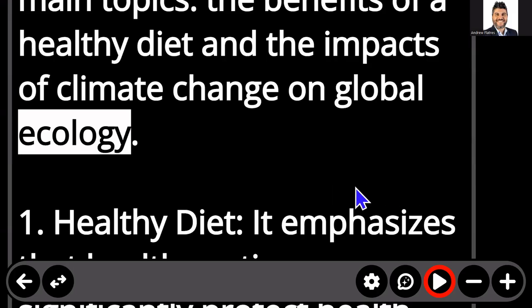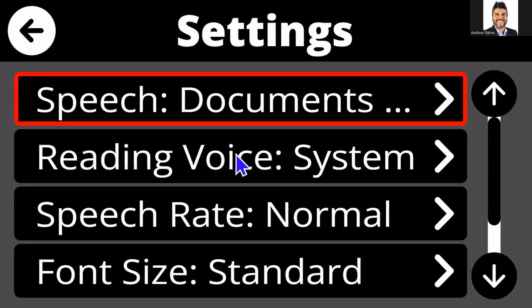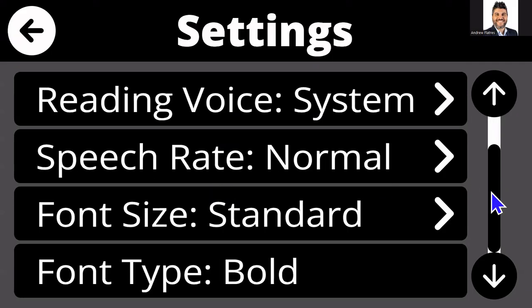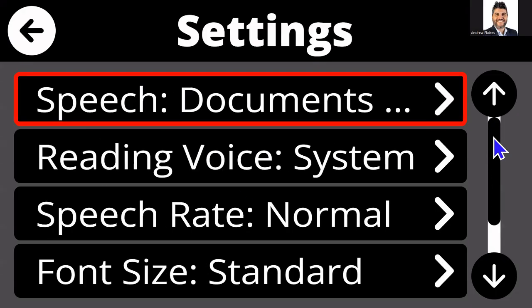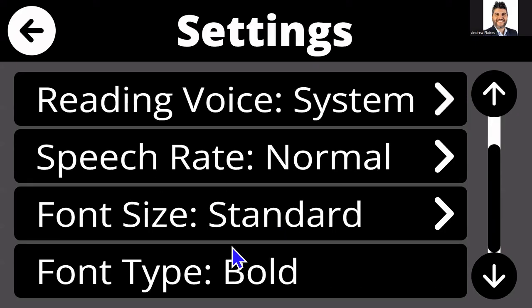Let's say that I wanted to change some settings. We've added a gear wheel here. It's the fifth from the bottom right that allows you to adjust settings within the dialogue that you saw just a moment ago. So you can change some speech settings. My system voice is Darius that you heard there. I can change the reading rate, and I can also